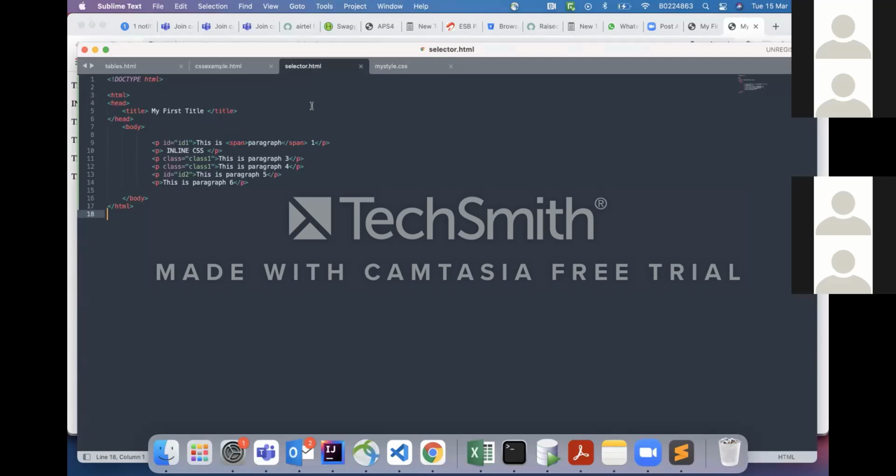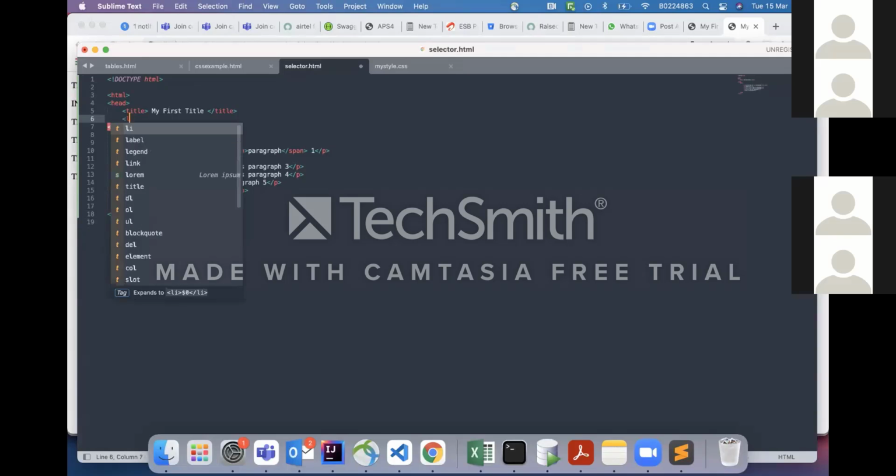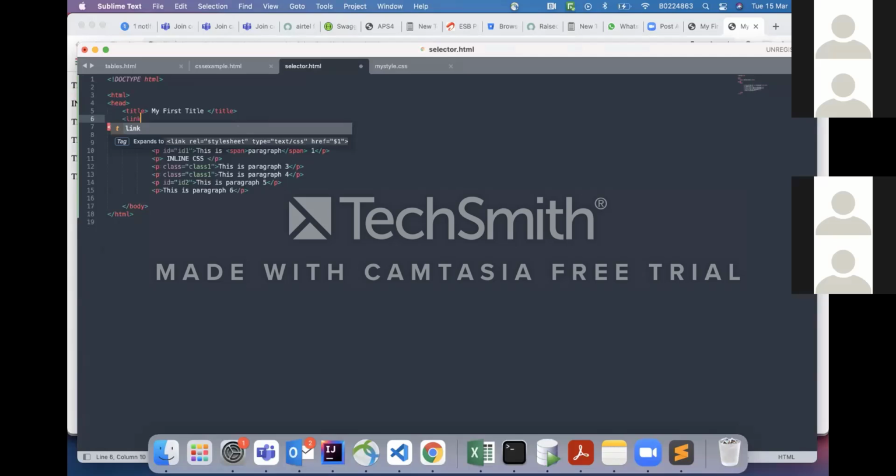So for that, I'm going to use an element called link, which is used inside your head tag. So link, here I'm saying an href. It's more like an anchor tag, which we have learned, a tag, right? And then href would be the name of my CSS file. So mystyle.css,